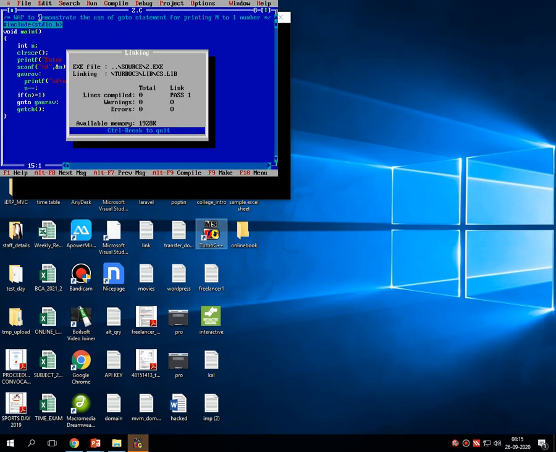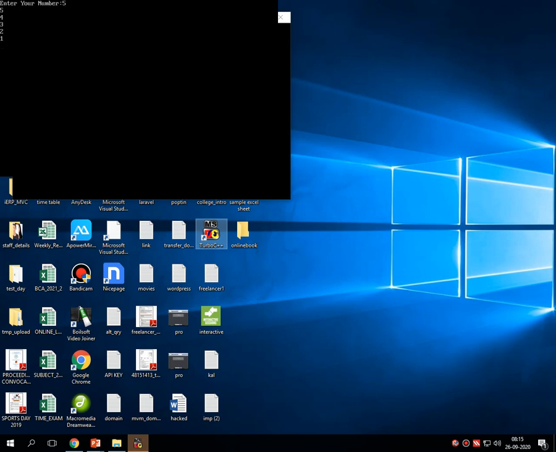Suppose I have entered 5, then 5, 4, 3, 2, 1 is there. But now I want to print the square of all these numbers: 5 square, 4 square, 3 square, 2 square, 1 square, whatever the squared value is, onto the screen.